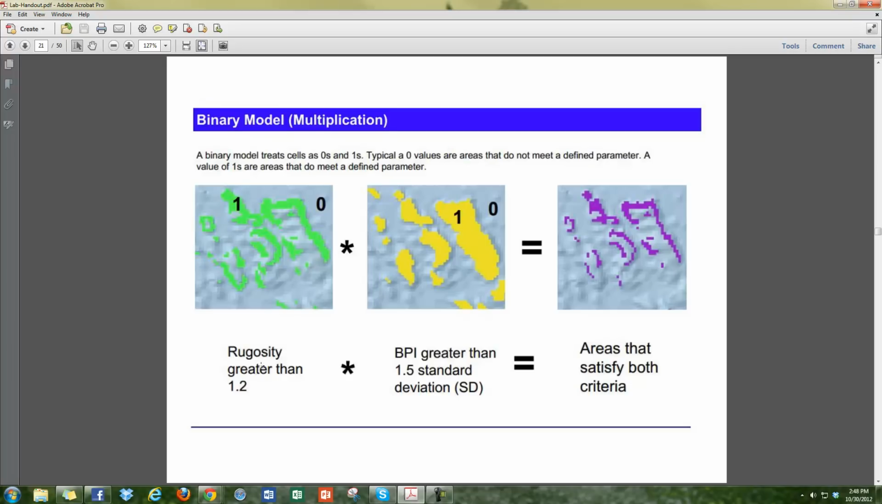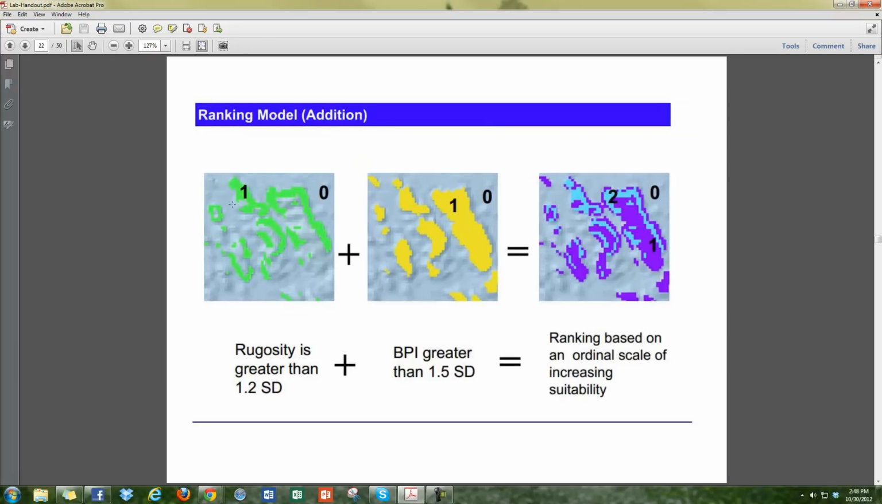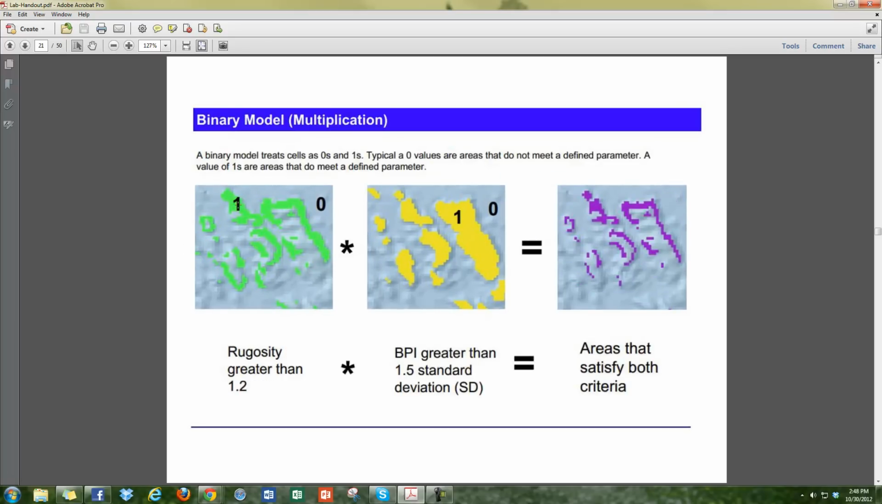So what we'll do is say, for example, rugosity needs to be greater than 1.2, and we're going to say, okay, that's true at 1 here and false here at 0. Then we're going to make a grid like that. Then we're going to say over here, the BPI is also very important. BPI should be greater than 1.5 standard deviations, and we're going to